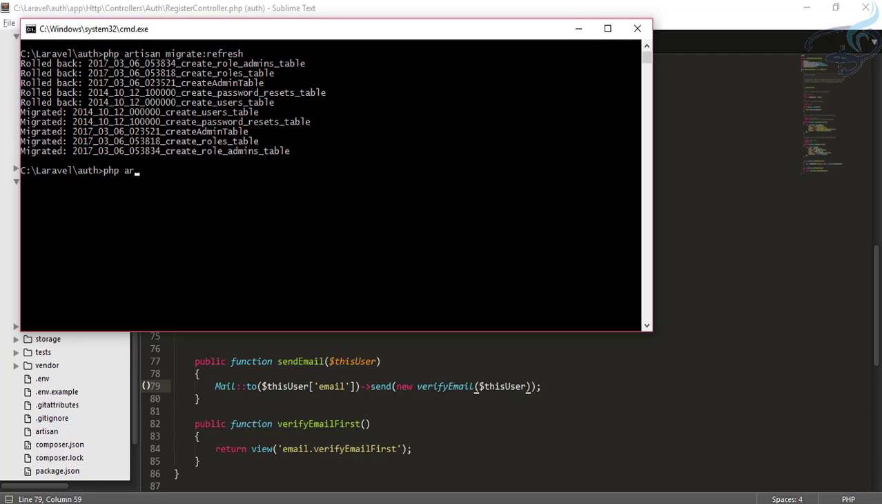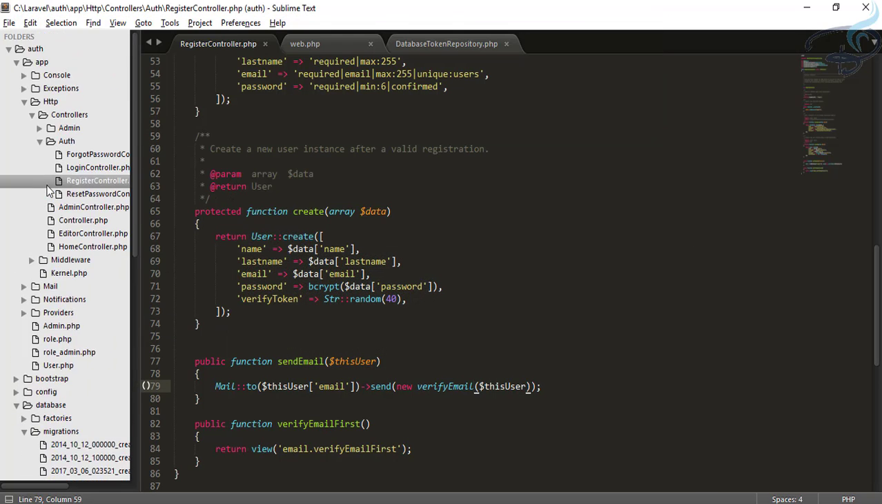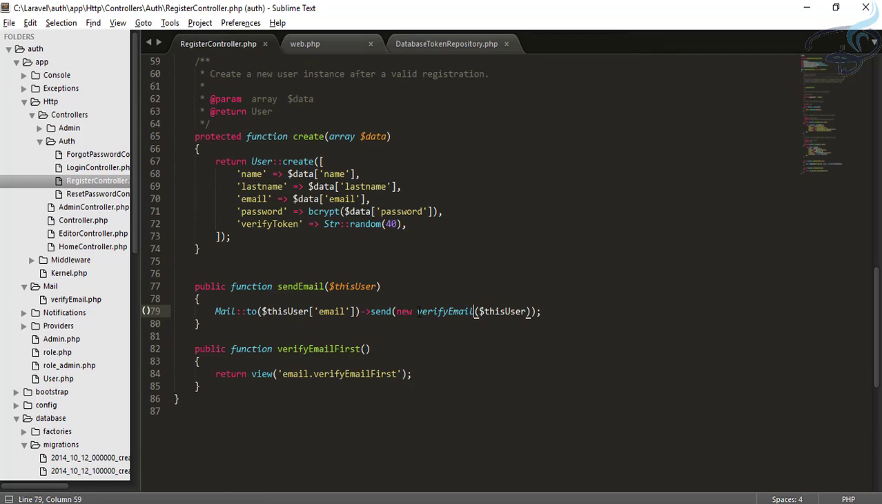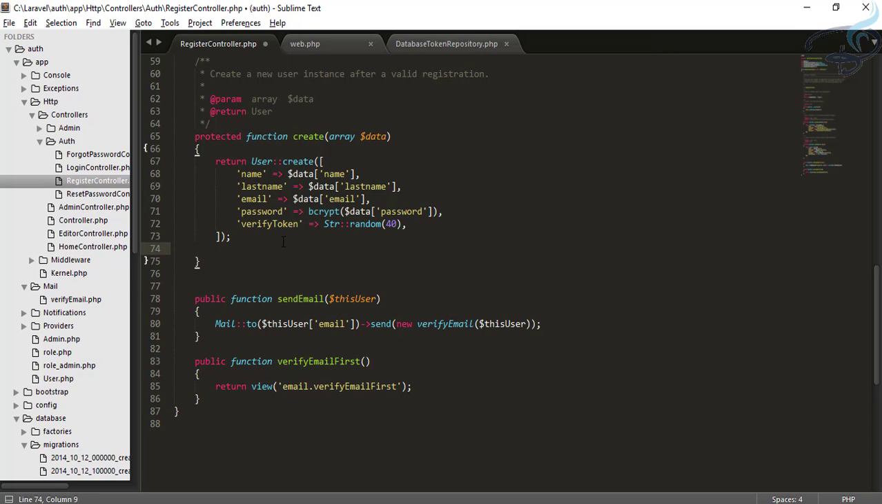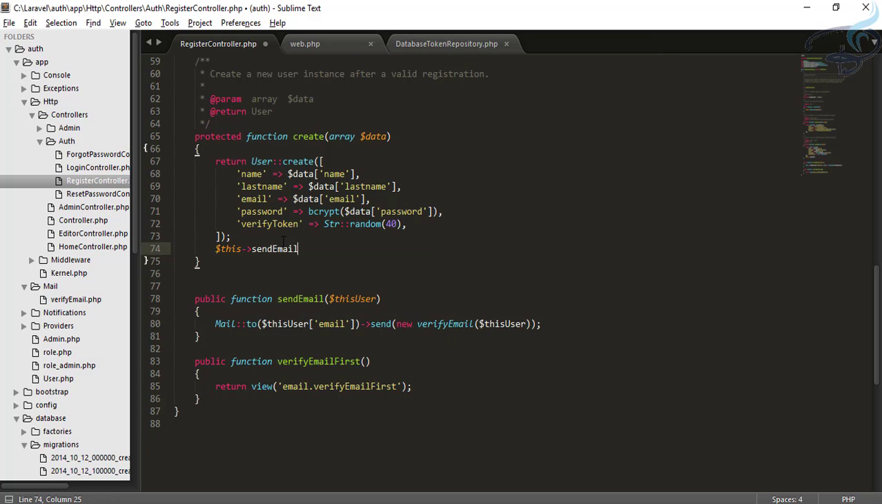So I will type php artisan make:mail, and the mail name is VerifyEmail. Yep, we have created the mail. So where's that mail? The mail is inside this app/Mail folder, VerifyEmail. So we have created a system to send the mail, and we will use this function inside our create function. So I will type $this->sendEmail, and I will just type this user,